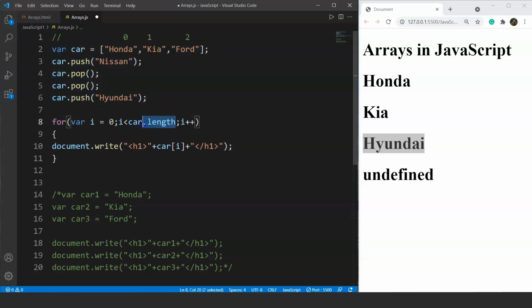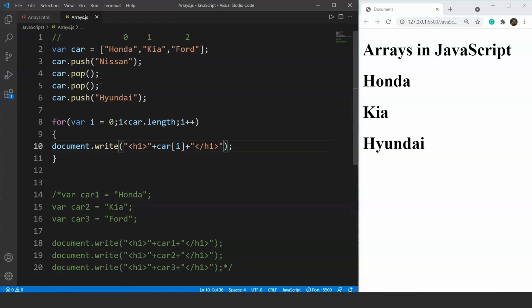What will happen? It will check for the length of the array. Let's say the length here is 3, so it will check for indexes 1 less than the length of the array. If we run this program now, it will work fine. I hope you guys understood the concept of array methods present in JavaScript.